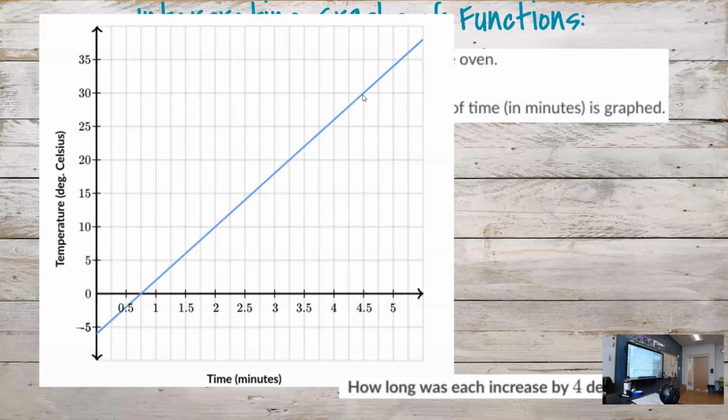So guys, remember to talk about our rate, we do change in y over change in x. Zoe and anybody else watching the video, I apologize, you're not going to be able to see this. But if I look at this point here, (2, 10), and (4.5, 30), remember we can make the slope triangle. So we ask ourselves, what's the rise and what's the run? Well, our rise is 20, and our run is 2.5. Actually, you might be able to see it through that camera. So if we do that division, my calculator is going to stop working very soon. Keeps telling me the battery's dead. 20 divided by 2.5